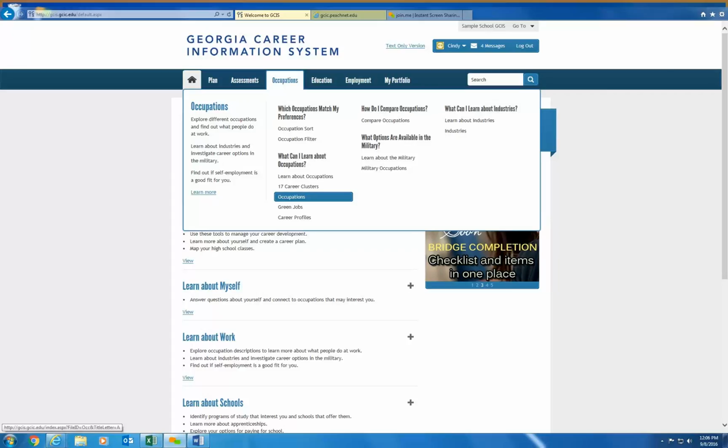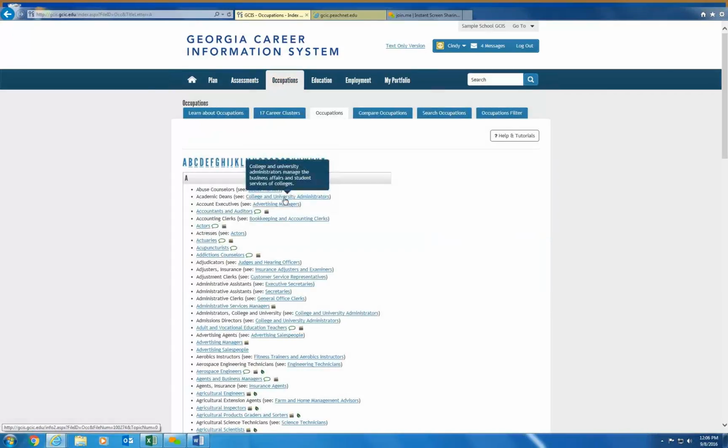So again, to get there, I hovered over the Occupations tab. I'm going down to the Occupations link. And someone said, what about this year's ninth graders? They will have to, in order to get full credit, have 6 inside of the portfolio.